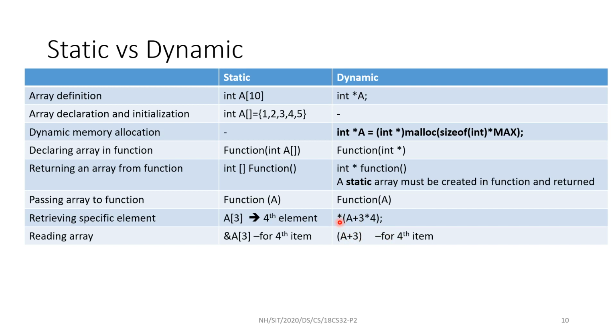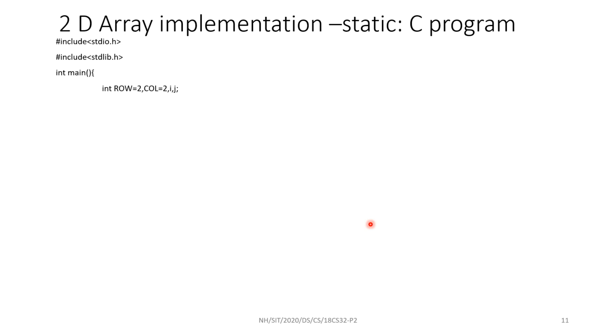Remember that ampersand is not required because A is a pointer. A is a pointer itself. Address arithmetic, address calculation. A plus 3: internally, which memory location is accessed or retrieved or used? Base address plus 3 into 4. That happens internally. Here it is just as shown, but that happens internally. We'll see that in the program. Two-dimensional array in a program is almost the same as that of a one-dimensional array. Just go through this.